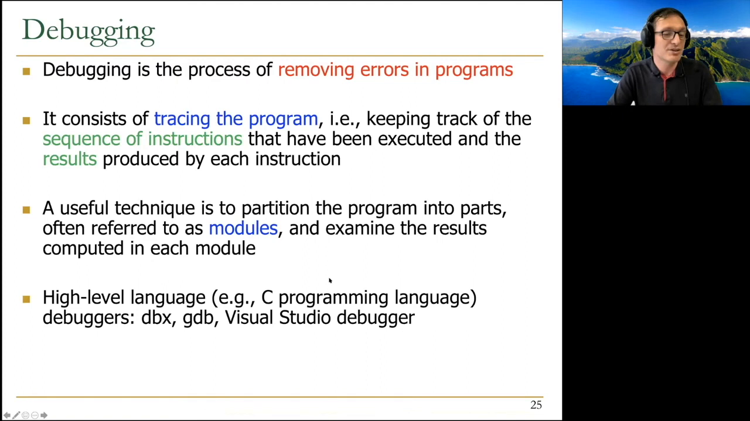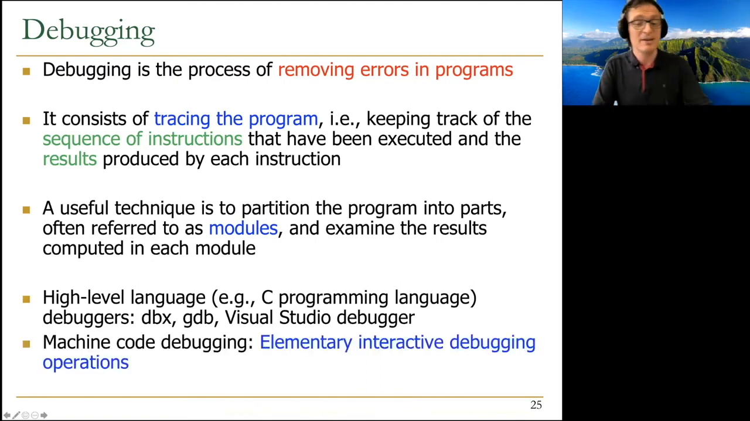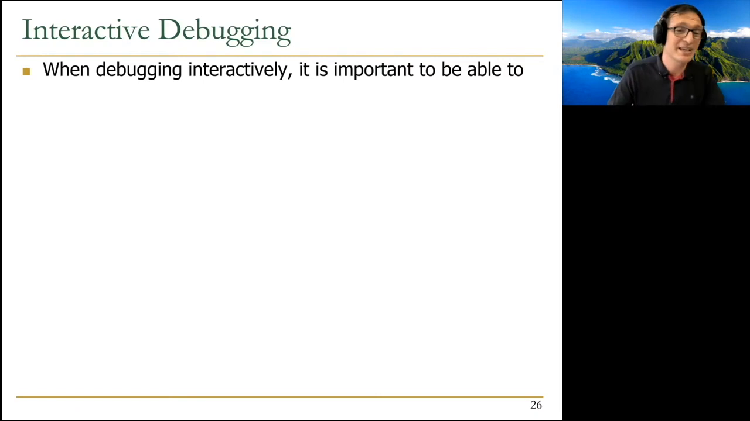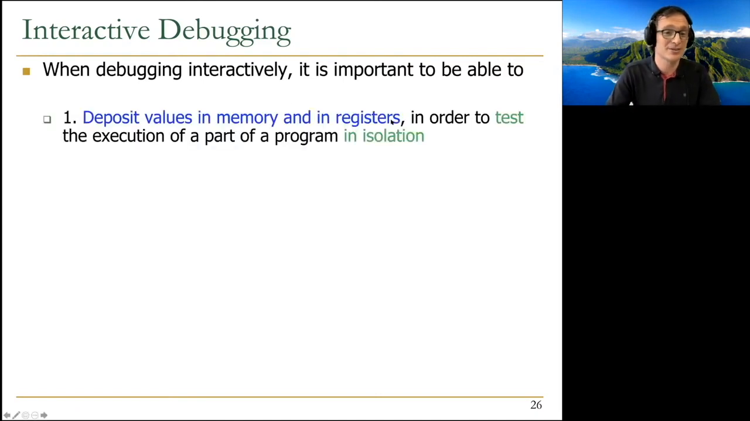So high-level language debuggers can help you clearly. There are many, many examples of this that I'm not going to go into. Machine code debugging provides you elementary interactive debugging operations. So let's take a look at interactive debugging operations. When debugging interactively, it's really important for you to be able to put some values into memory and registers. You're at a very low level as an assembly programmer, right? You need to be able to test the execution of a part of a program in isolation, maybe one instruction,